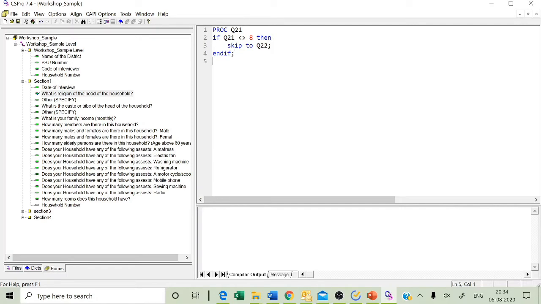We have to keep in mind that each statement has to end with a semicolon. You have to keep that very clearly in mind: each and every statement has to be closed with a semicolon. So I am just skipping the things, the same statement, and then you have to execute.